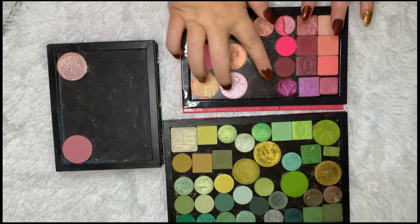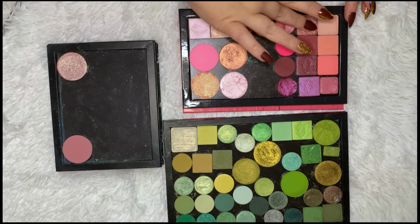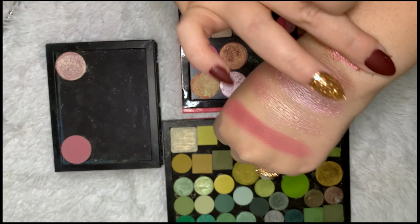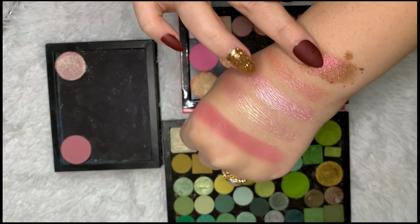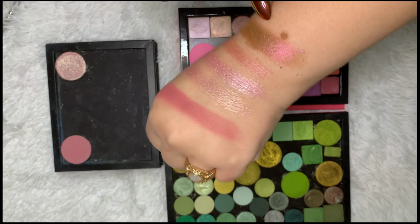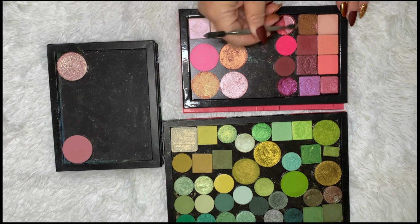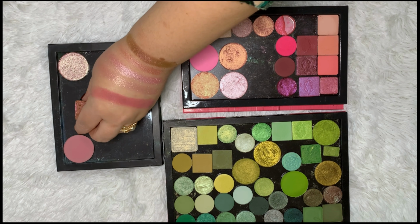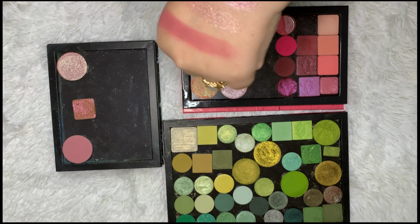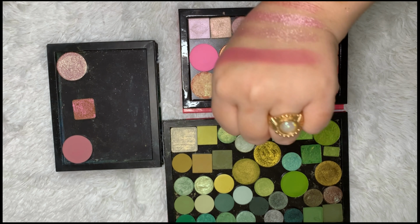So the Give Me Glow palette has a copper shade and a red shade. I really felt drawn to this Menagerie Cosmetics shade because to me it's like a copper red flip. So we're gonna add that to the lineup. It's a very flaky formula and definitely needs a glitter glue. I put a lot on the hand so it looks really beautiful, but on the eye, you really need a